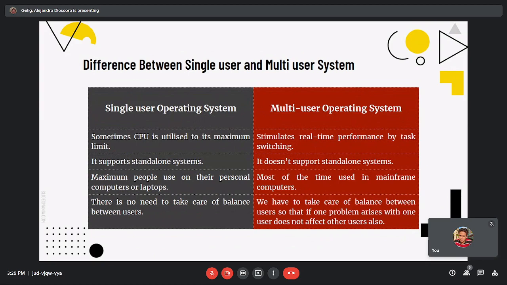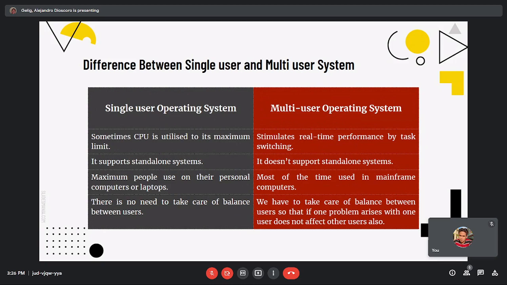Now, standalone systems are supported by single-user operating systems, meaning they can operate independently without the transmission and distribution of a network, because this is a kind of system which most people use on their personal computers or laptops. So there is no need to be concerned about user balance,